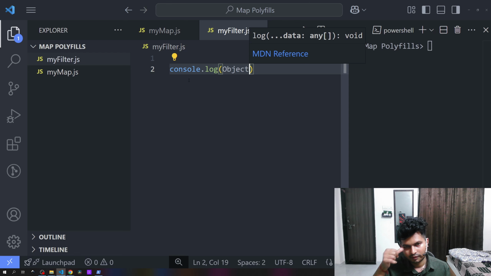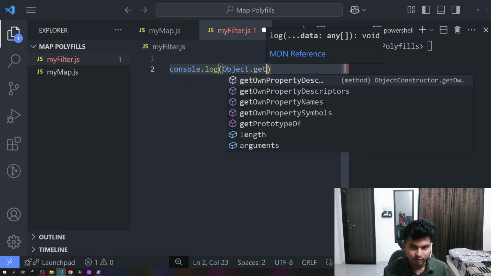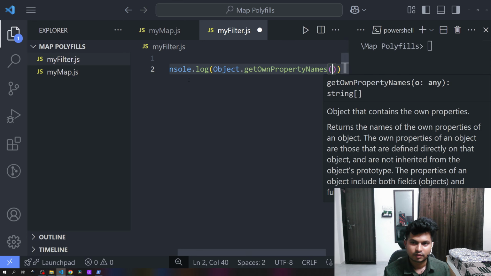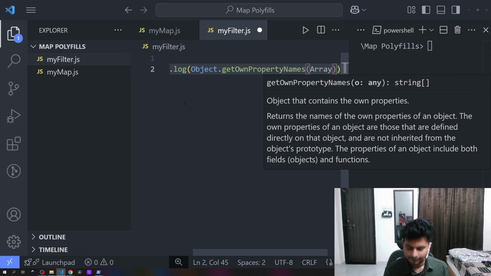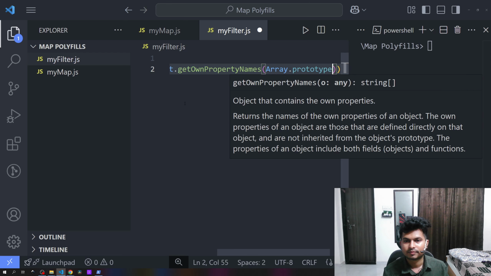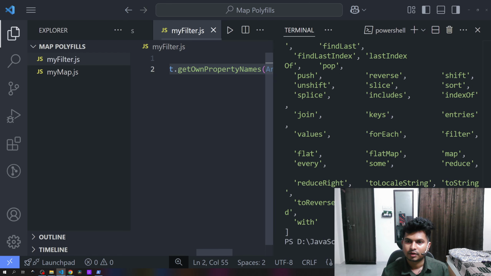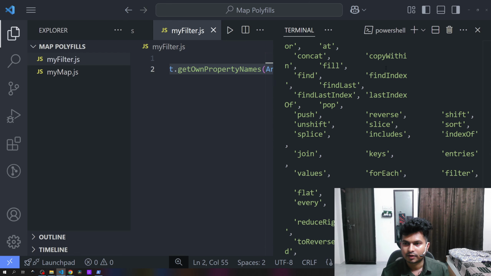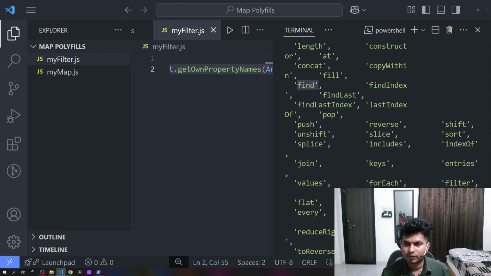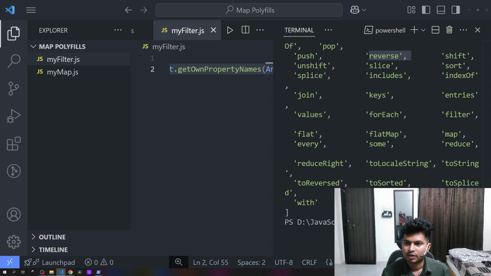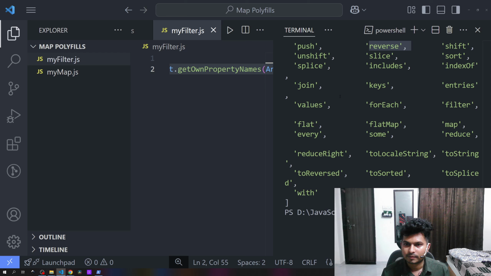So we are accessing, using getOwnPropertyNames, all the methods like map, filter, reduce, and all kinds of methods from the array prototype. Node my filter. As you can see, there are so many methods: length, constructor, copyWithin, fill, findIndex, reverse, sort, and here map